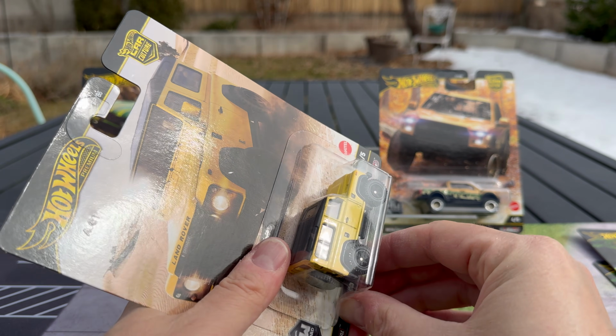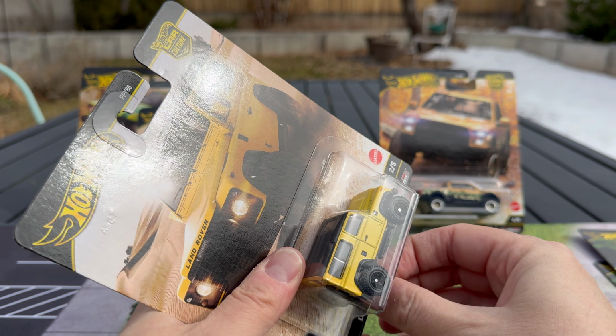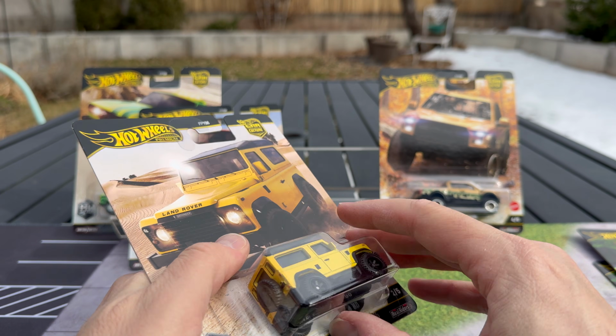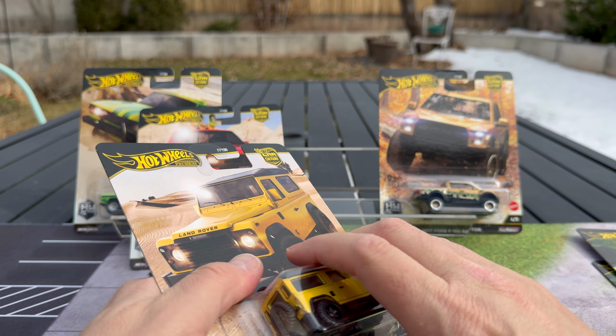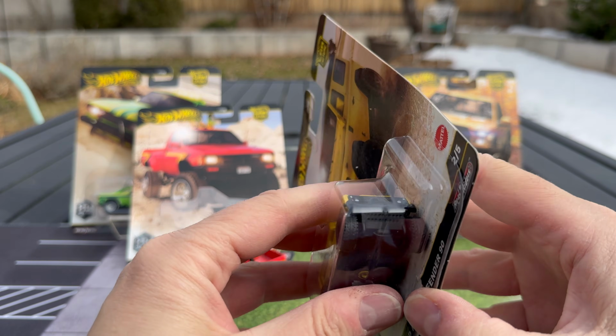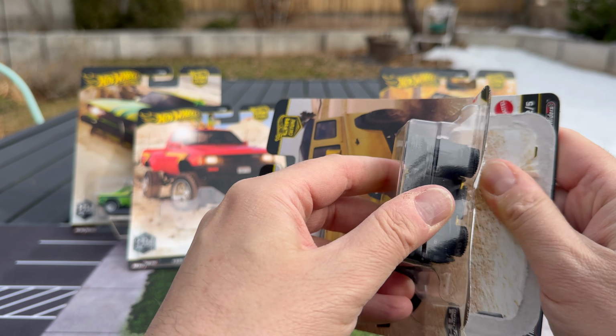So let's go ahead and open that one up. Desert background. Julian Coils, I think, is still in charge of this artwork. Julian's left Hot Wheels, but it's really cool. We had kind of a desert theme for the Toyota as well. Didn't really talk about that, but let's get this one open